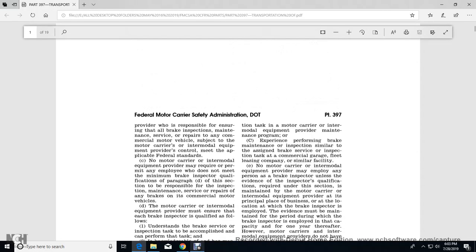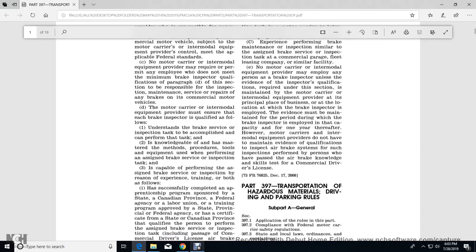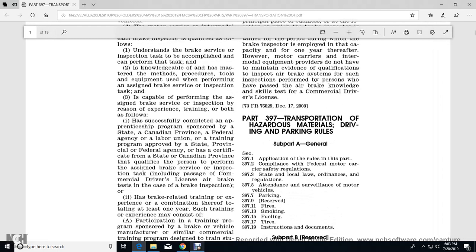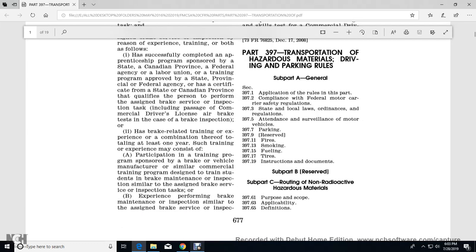Alright, Federal Motor Carrier Safety Administration, DOT, Part 397, the Transportation of Hazardous Materials Driving and Parking Rules. Subpart A, General: 397.1, Application of rules in this part; 397.2, Compliance with Federal Motor Carrier Safety Regulations; 397.3, State, Local Laws, Ordinances, Regulations; 397.5, Attendance and Surveillance of Motor Vehicles; 397.7, Parking; 397.9, Reserved; 397.11, Fires; 397.13, Smoking; 397.15, Fueling; 397.17, Tires; 397.19, Instructions and Documents. Subpart B, Reserved. Subpart C, Routing of non-radioactive hazardous materials: 397.61, Purpose